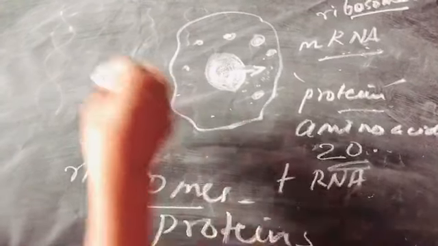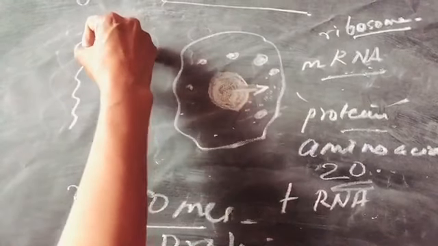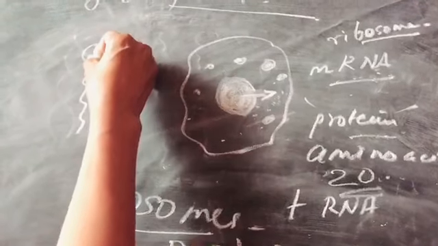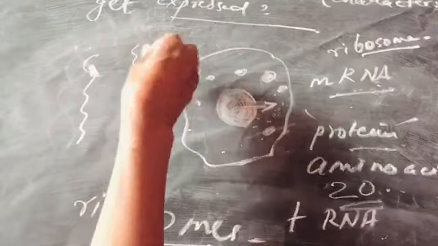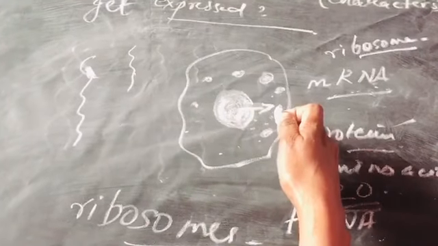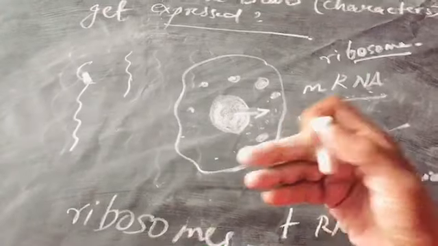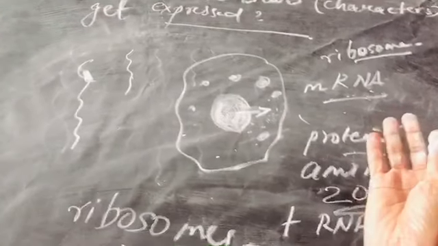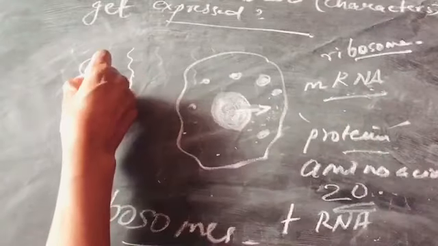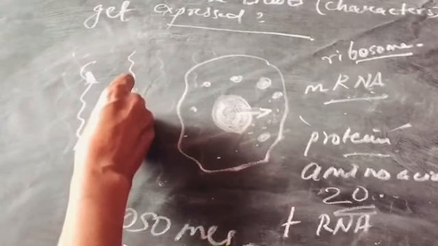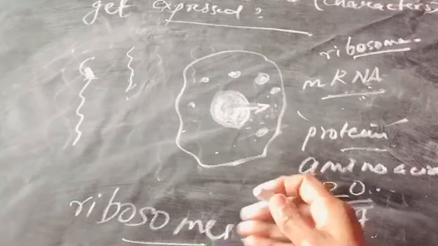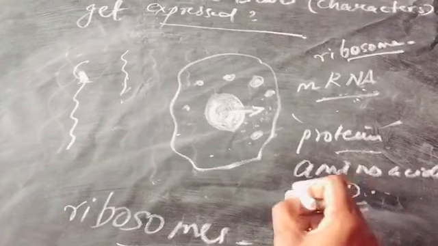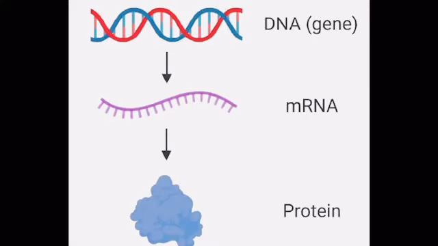It means that particular segment of the DNA strand, the gene, whatever the coded information was, accordingly only the messenger RNA is made, which has come out of the nucleus to the cytoplasm. That acts as a template for making these proteins, isn't it? So if there is a change in the gene, the RNA will also change, and if the messenger RNA changes, the proteins made also will be different, isn't it? So this is the story of protein synthesis, which is responsible for character making.